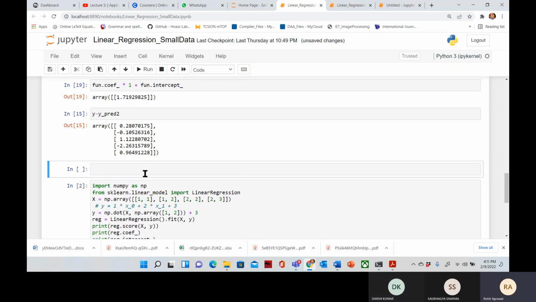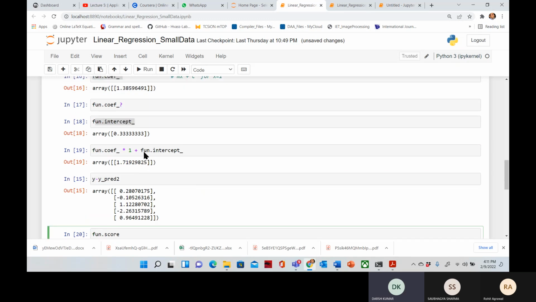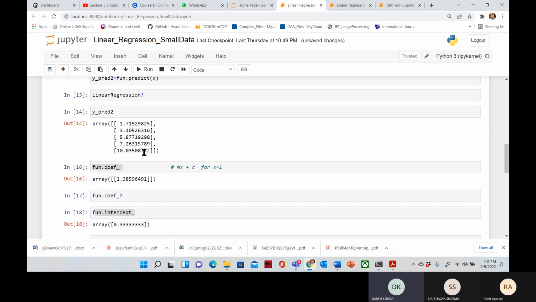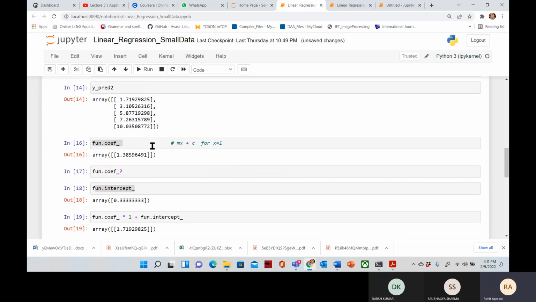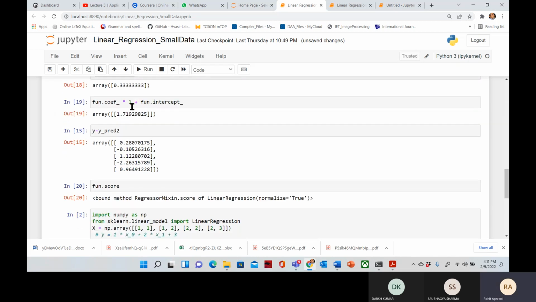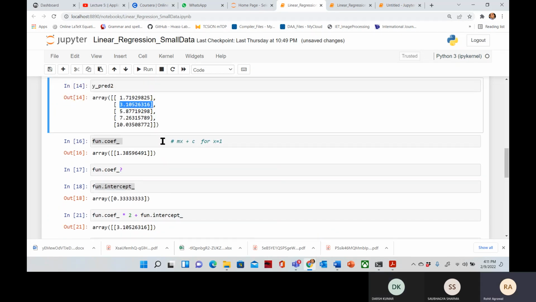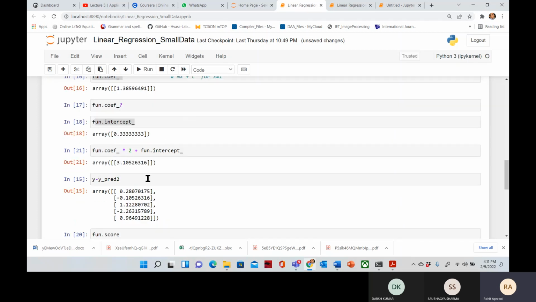No, sir. Okay, just anything. Sir, the array above, the 1.7 that came, the values below it also come from y equals mx plus c, right? Yes, yes, all the values. I can show you, just a minute. Okay, I'm just changing x to 2. So the value of x becomes 2. It's actually 2, so it is 3.10. See this one. Okay? Yes, sir. Okay, if this is fine, then okay.